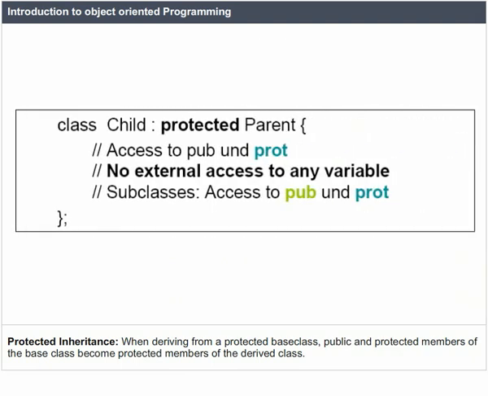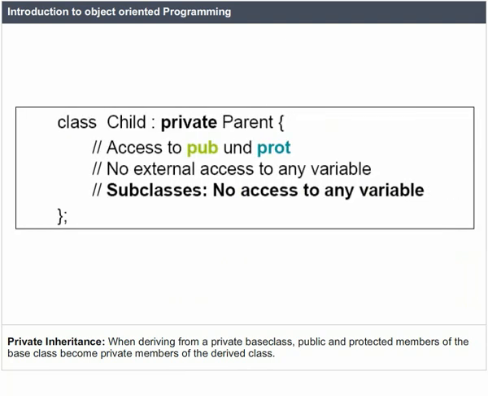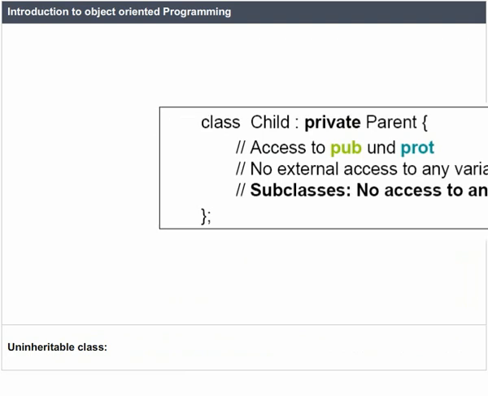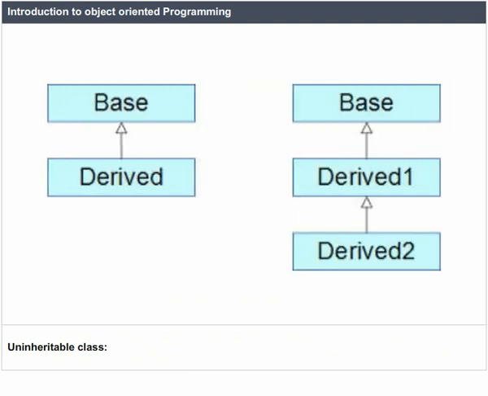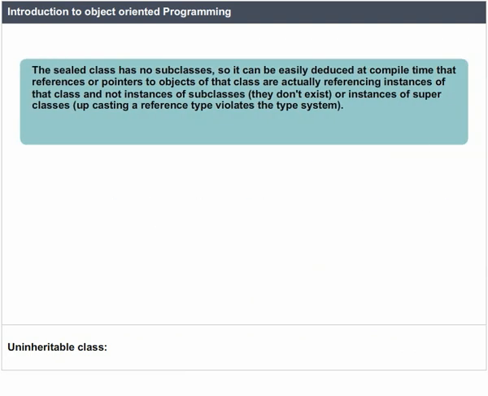Protected inheritance. When deriving from a protected base class, public and protected members of the base class become protected members of the derived class. Private inheritance. When deriving from a private base class, public and protected members of the base class become private members of the derived class. Uninheritable class. The sealed class has no subclasses, so it can be easily deduced at compile time that